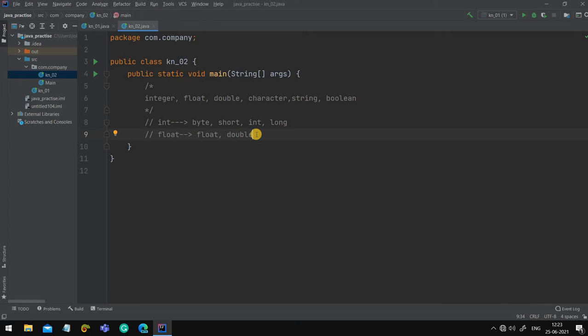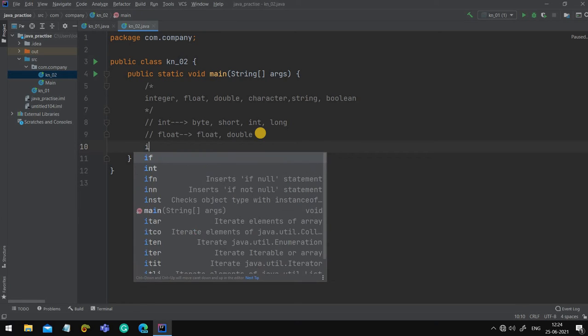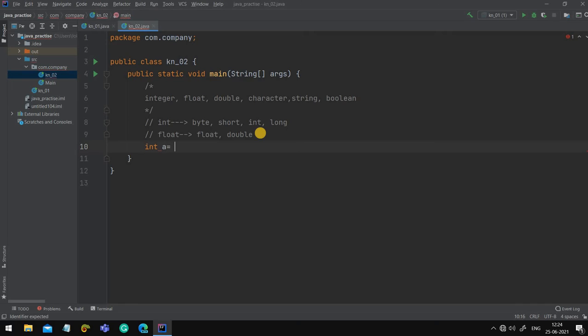Okay. Now character and string are simple. They do not have many types, but for string there will be a separate video. It's a long topic. And one more thing I would like to tell you, this character and string are sometimes considered in a similar category of character types. Okay. And this boolean is for true and false. Now let's try to use them. Okay, there are two types of initialization. First is int a equals 10. This is one type of initialization.